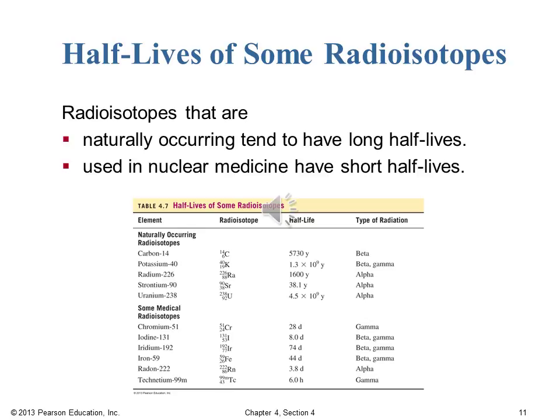Here's a table in our text, table 4.7, that lists the half-lives of some common radioactive isotopes. And again, radioactive isotopes that are naturally occurring tend to have very long half-lives, like carbon-14, potassium-40, radium-226, strontium-90, uranium-238. These naturally occurring radioisotopes have very long half-lives, something on the order of thousands to millions or billions